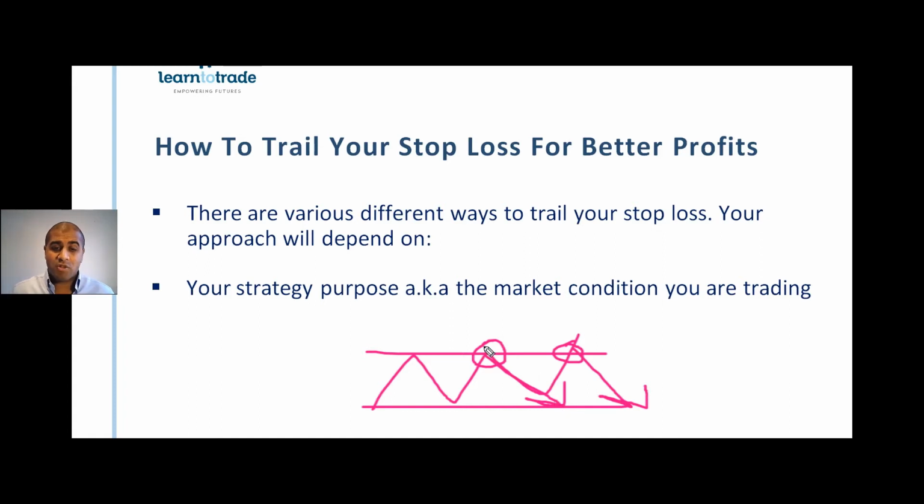Yeah. Having a fixed reward to risk target or a fixed level to get you out of the trade, or to move your stop loss to a break-even point, they're going to be the best things to use. Because in a consolidation, we don't know how the market is going to trend. I mean, we never know, but at least in a trending market, there's a higher probability that we're going to get higher highs and higher lows, because that's what a trend is. So then this makes it a little bit easier to use trailing stop losses,